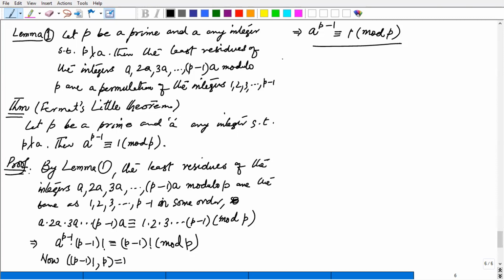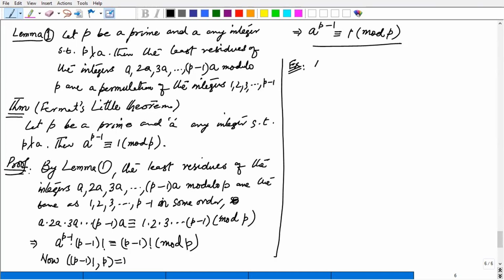By using Fermat's little theorem, we can find the remainder. We can find whether the number is composite or not, or whether the number is divisible by some numbers. So we can, for example,